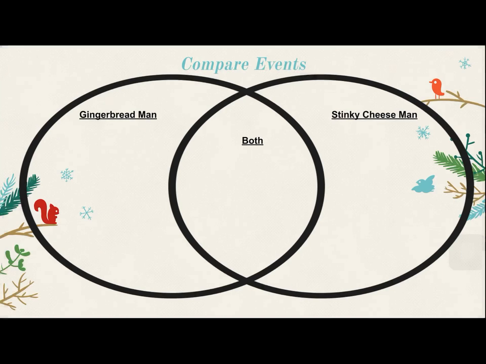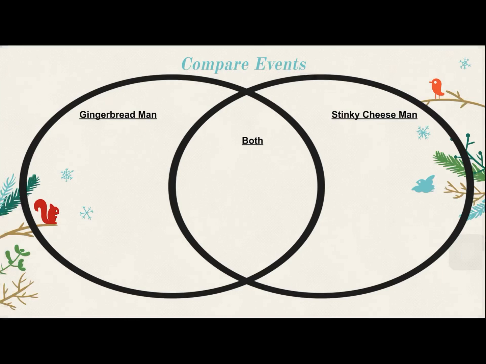So here's what I came up with. The Gingerbread Man is different because he eventually gets eaten, right? That's what happens at the end of his story. And the people actually chase him when he says, aha, you can't catch me, I'm the Gingerbread Man. They're actually chasing him. And that's directly because he smells good. He smells tasty. That's the reason for that difference.